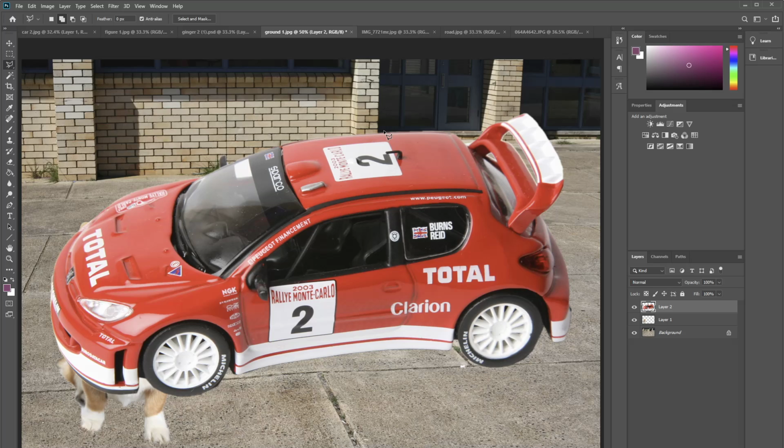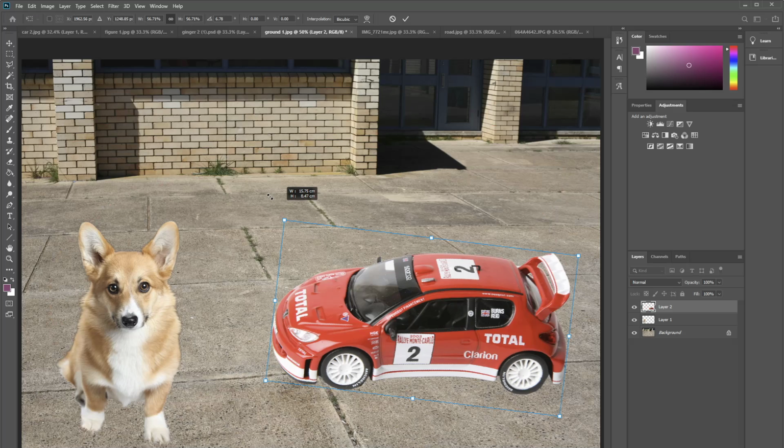And you might think that it'd be funnier if it was bigger. Now, once I've adjusted it and got it the right size, I have to press Enter. Now you can see over here in the layer palette for this file that we have the car on the top layer, layer 2, Ginger on layer